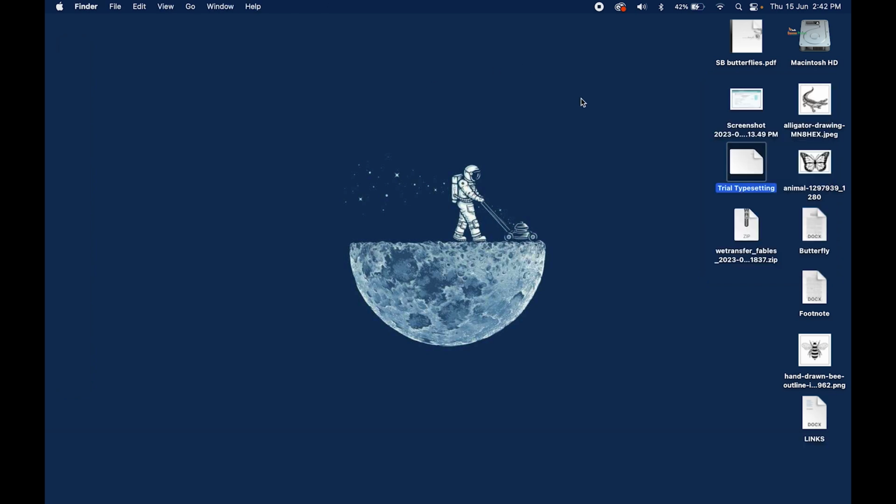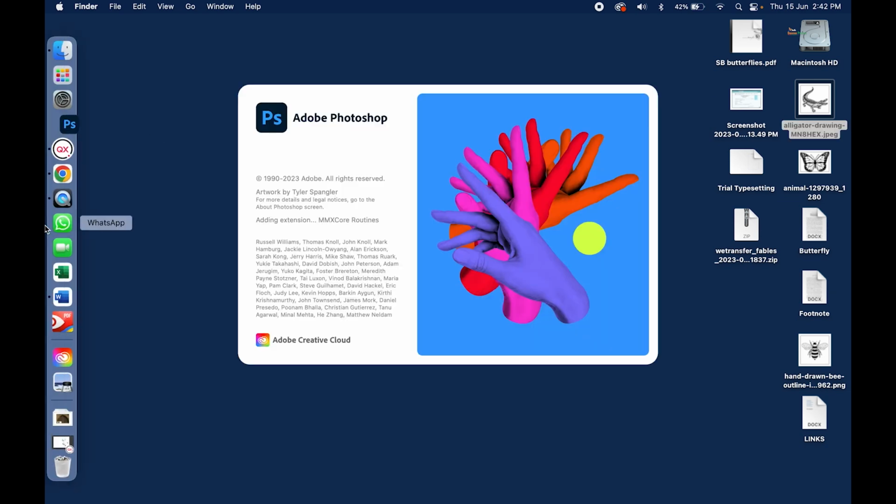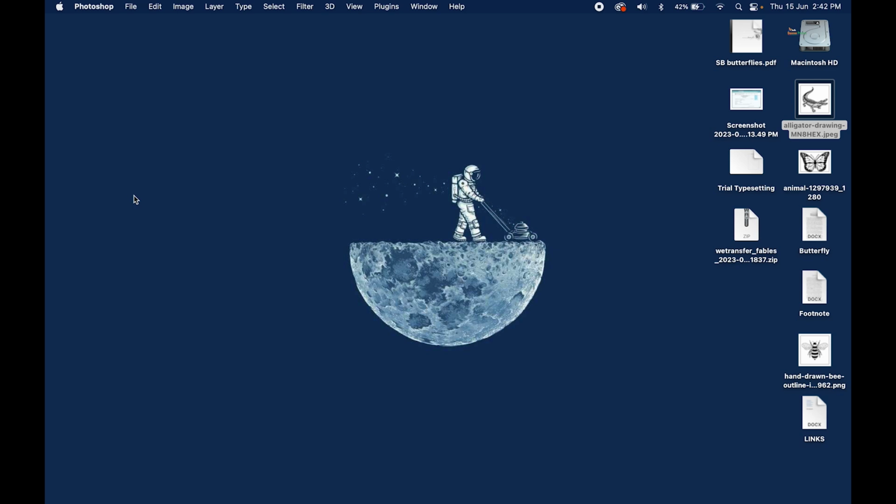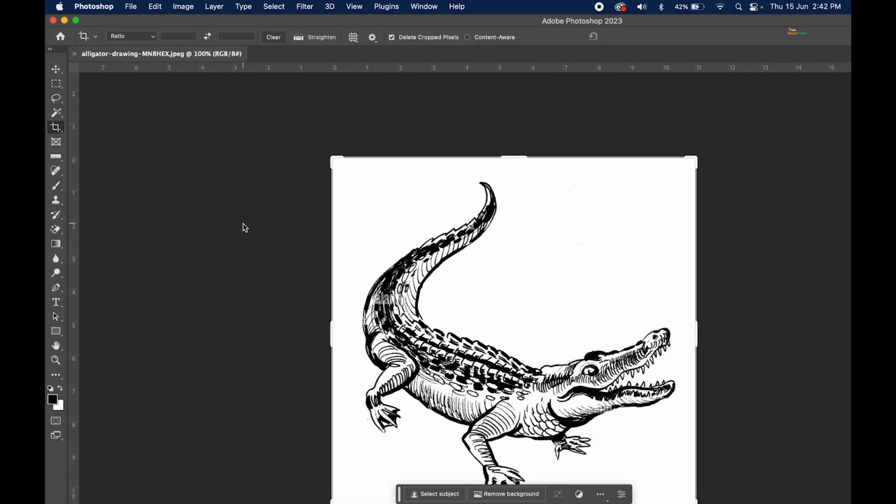I come to my desktop. Here is my alligator drawing. You can see it selected, and I double click on it to open it in Photoshop. I wait for a few moments while Photoshop opens up. You can see this is the opening page for Photoshop. And now here is my